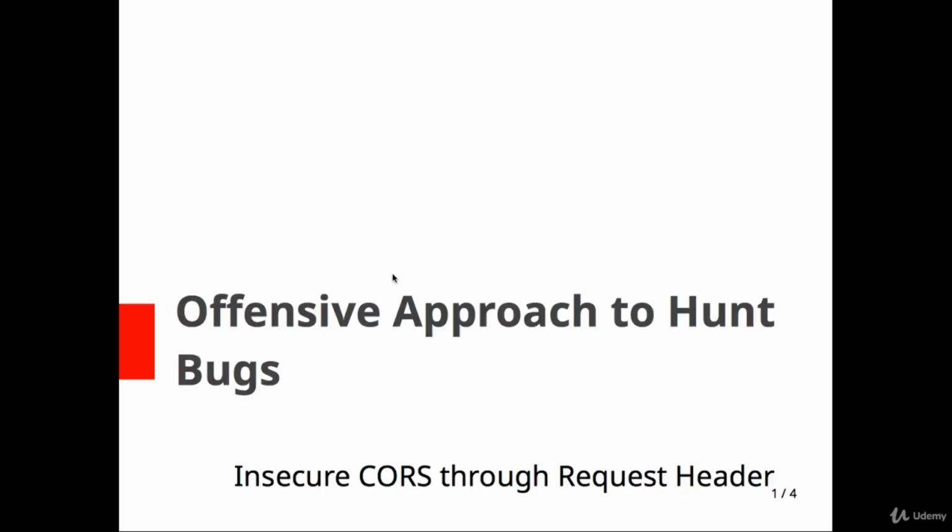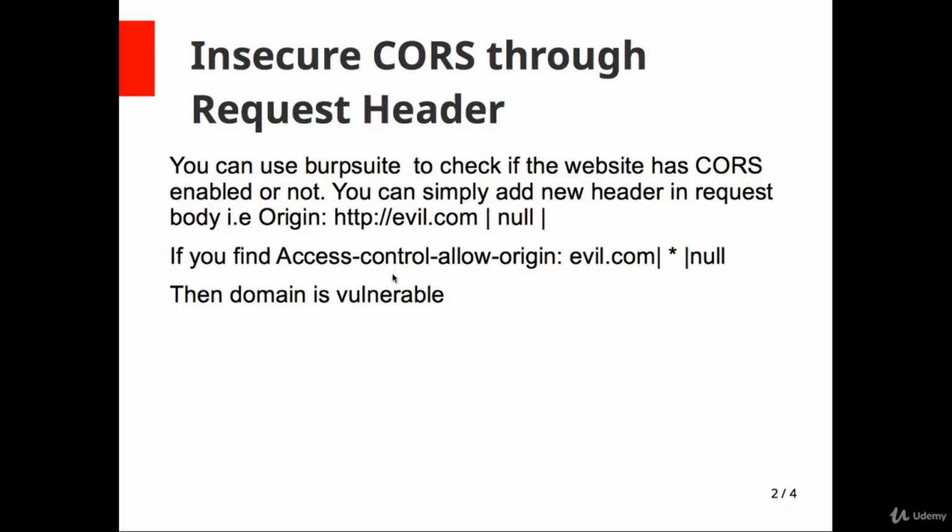Here we are going to talk about insecure CORS through request header. You can use Burp Suite to check if the website has CORS enabled or not. You simply have to add a new header in the request. Either you can add Origin: http://any.com, or you can also add Origin: null. If you find Access-Control-Allow-Origin: evil.com, or star, or null in the response header, then the